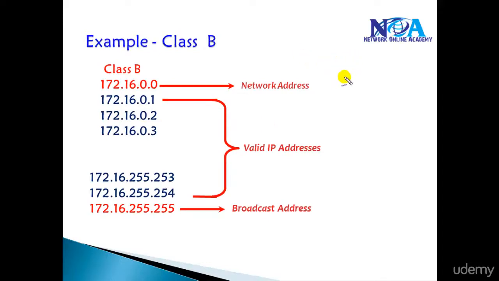Now in a simple way, if you just want to remember the network address, just remember that if you see all zeros in the host bits, that is referred to as the network ID. Like this is a B class address. In the B class there are two host portions, and if there are two zeros, we represent it as a network ID. And if the host portion has all ones, typically that will be referred to as a broadcast address. All ones means there are two host portions. In terms of binary, if you write all ones, it's nothing but 255 in decimal. 255. That's a broadcast ID.